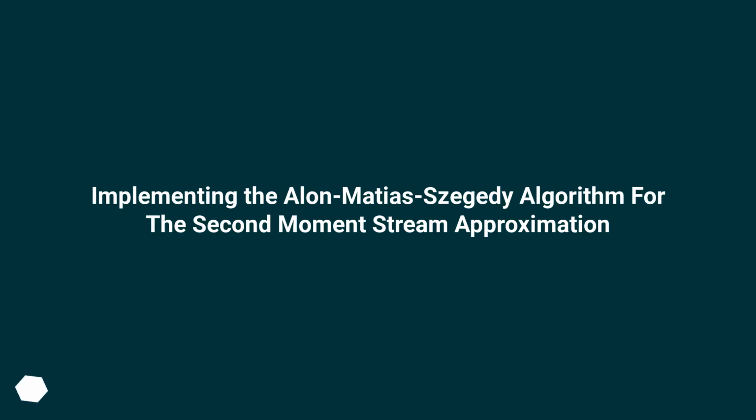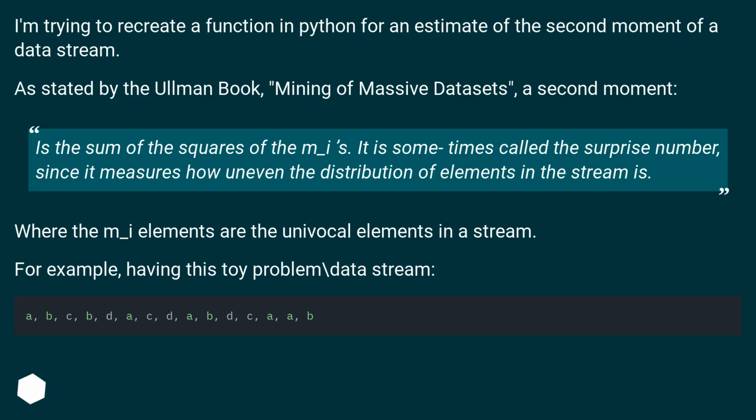Implementing the Alon-Matias-Szegedy algorithm for the second moment stream approximation. I'm trying to recreate a function in Python for an estimate of the second moment of a data stream. As stated by the Ullman book, Mining of Massive Datasets, a second moment is the sum of the squares of